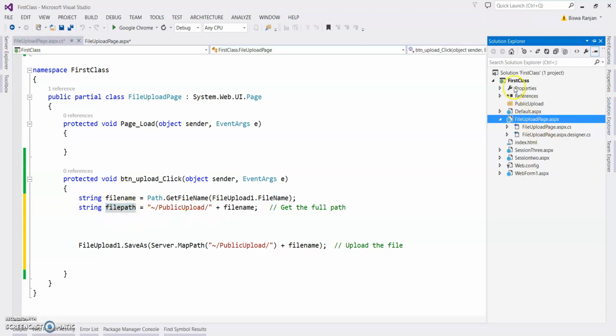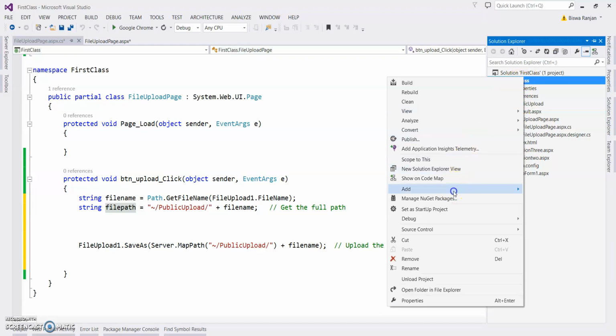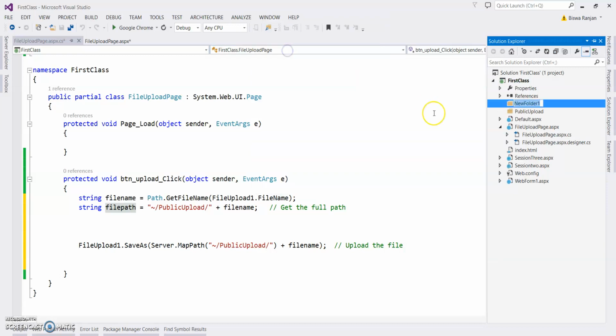Here, let's say I created a folder. I can add one more folder here: right click on the solution, add folder. Let's say it is called upload.